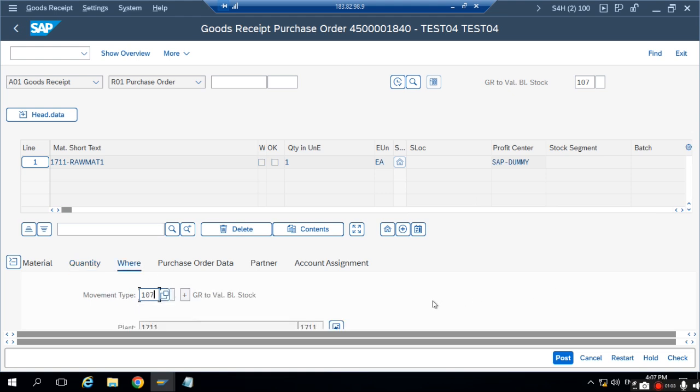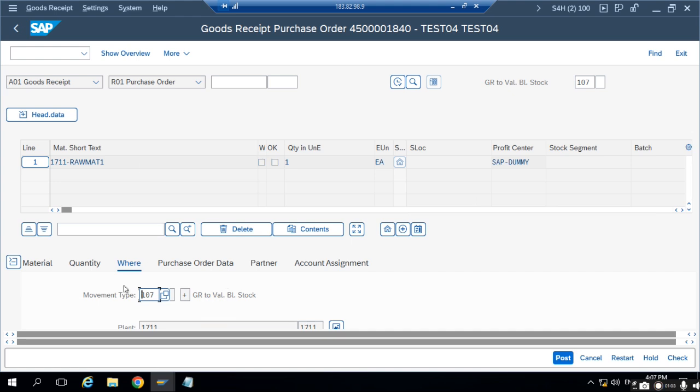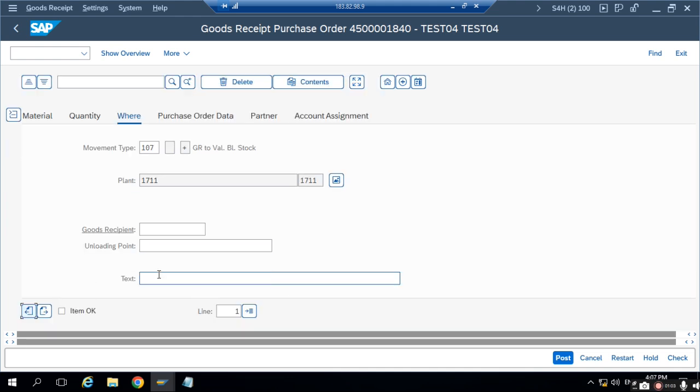In the Where tab, I am selecting the item checkbox and clicking on the check button. Earlier when we tried with 101, when we clicked on the check button, the system threw an error, but now the system is saying the document is okay. It means now the system is allowing us